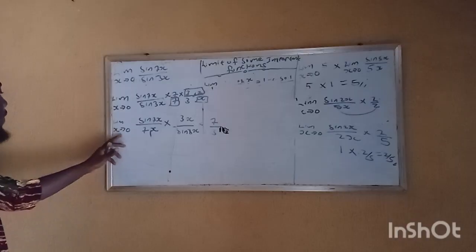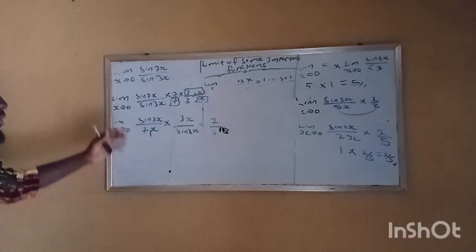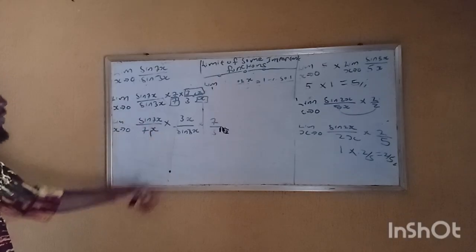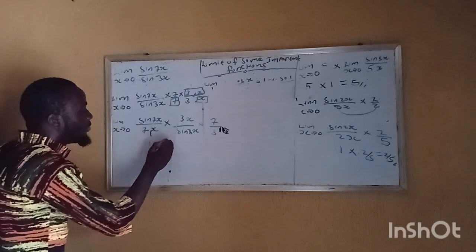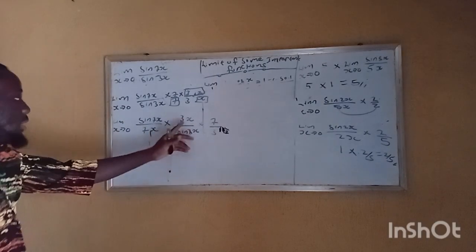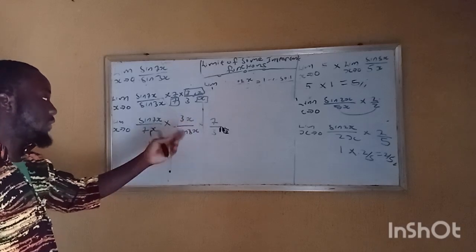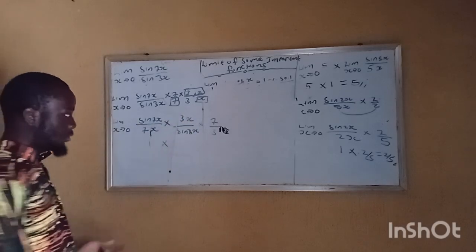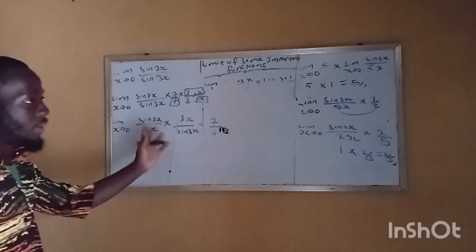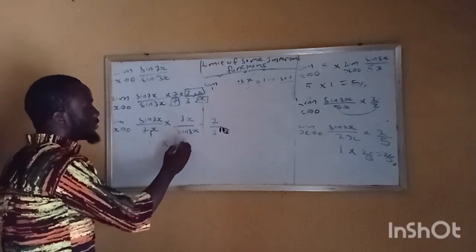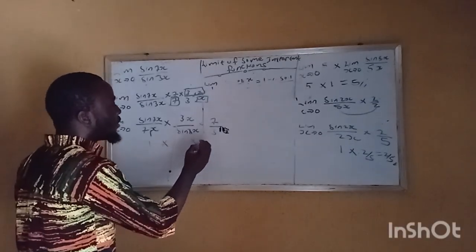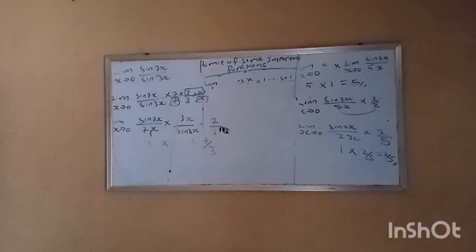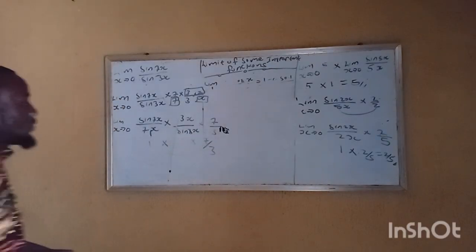Now, the limit of 7x over sine 7x. Just like, let's say your 7x is y, sine y over y will give us 1. Multiply by, let's say, 3x over sine 3x. Is it the same thing? 1 over 1, that's going to give us 1. You understand? W over sine w also gives us 1, times 7 over 3. So 1 times 1 times 7 over 3 will give us